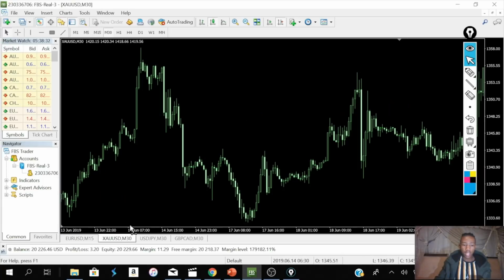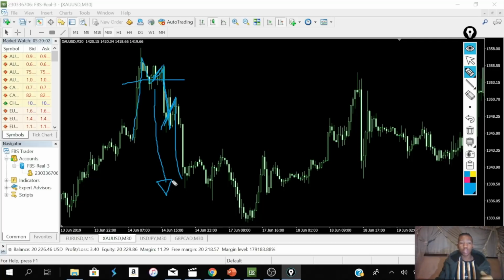Okay, now this time we have the gold pair, which is the XAU USD. What I see are M setups. Firstly, as you can see right here, we have our declining or decreasing M. See, so it broke through my resistance. As you can see, the market slowed down here, and then it entered the pair. What this did is also it retested after going down and also continued with the spike, creating an overall big down movement right here. As you can see, guys, this is how you actually spot your M's and W's